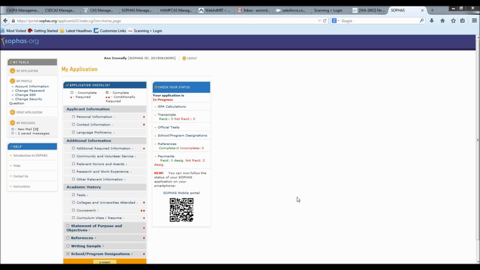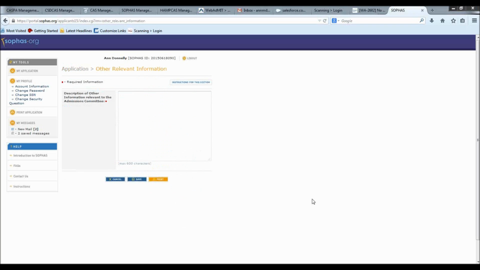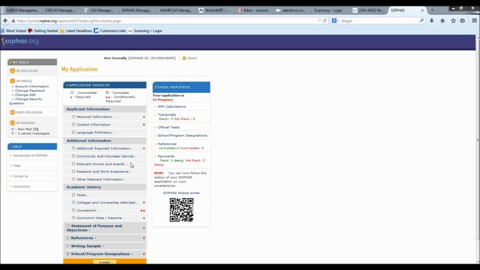Next question, what is the purpose of the other relevant information section? What kind of info do people put there? It really is anything that is not part of the actual application that you may want a program to know. For instance, some applicants, if they don't put honors and awards, which may or may not include dean's list, or if they don't fill out the sections at all and just upload a resume,